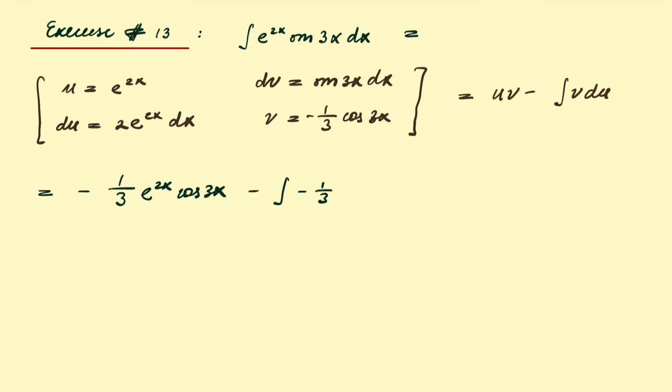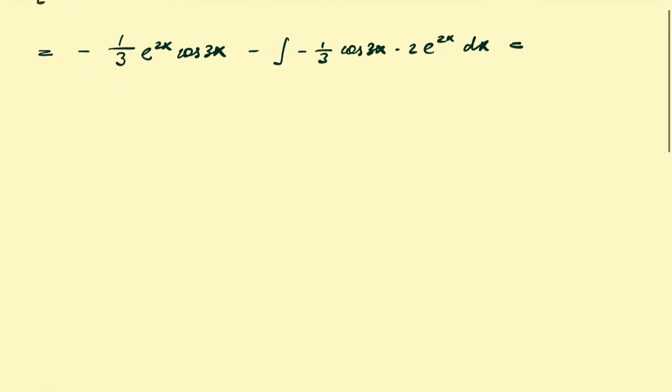Minus minus 1/3 times cosine of 3x times 2 times e to the 2x dx. Okay, now we'll just write it in a more readable way, which is we'll put the constant out of the integral and we'll have plus 2/3 an integral of e to the 2x times cosine of 3x,